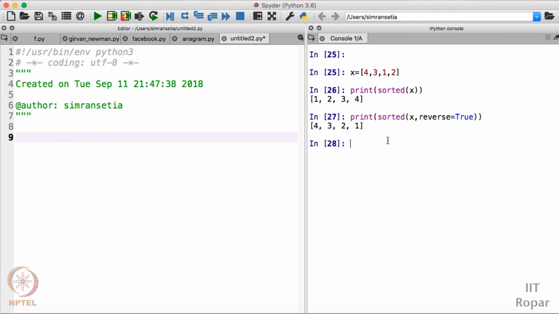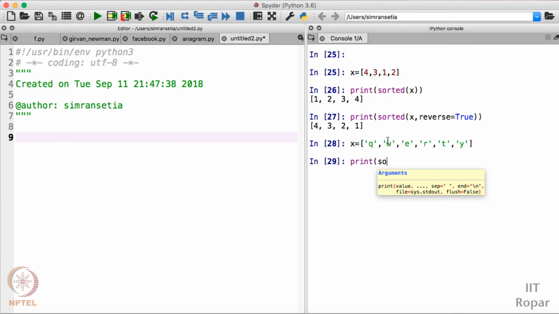You can also use the sorted function on different data types. For example, we can use it on character values too. I have x as a list of characters: Q, W, E, R, T and Y. Now if I write print sorted of x and press enter, as you see, it has sorted the values in alphabetical order.